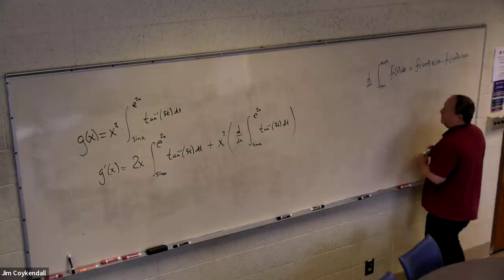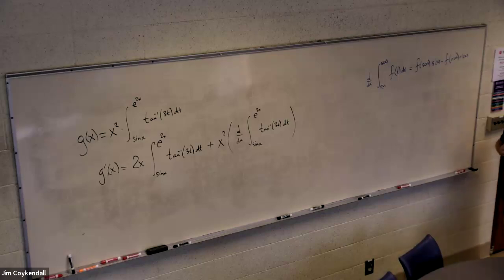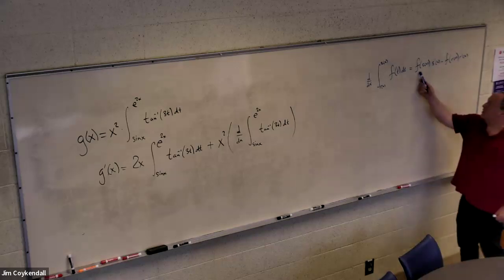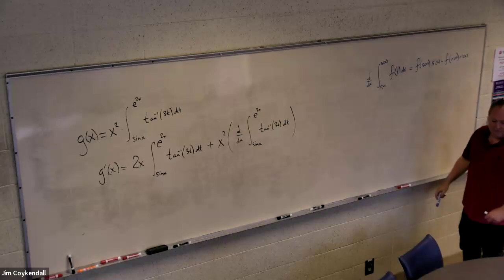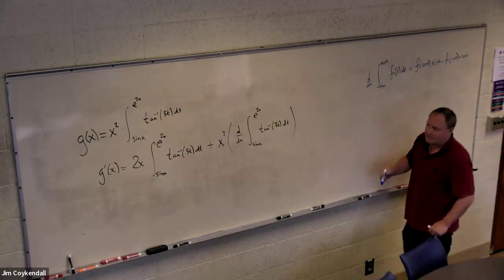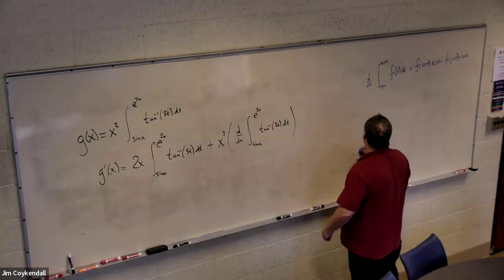And day before yesterday, I guess we pretty much derived this. But it's easy to remember: plug in top and derivative of top, and plug in bottom and derivative of bottom. That's easy. Derivative of the integral. So for our particular one,